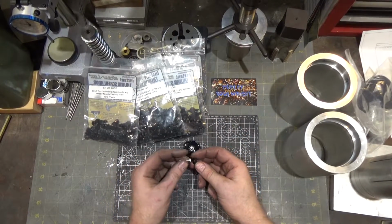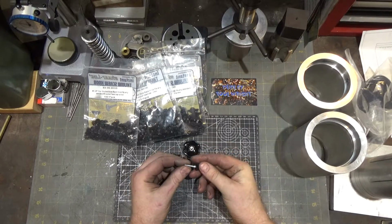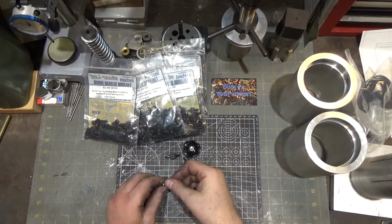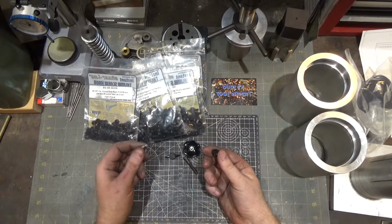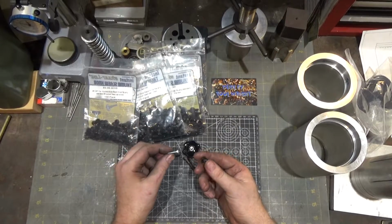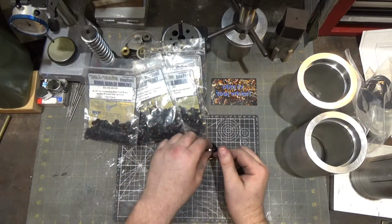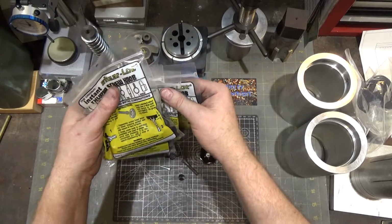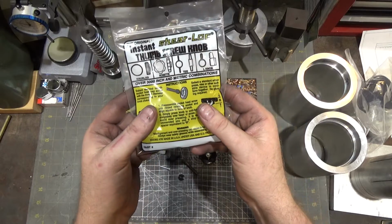Basically, whatever cap screw, socket head screw you've got, you just press this on, and it becomes a nearly permanent thumb screw, which is really handy because you can find just the right screw length and then put a knob on it. And it's a heck of a lot cheaper than these. These are not very expensive. I got all these at McMaster-Carr, so if that's what you're looking for, here's the name of the company